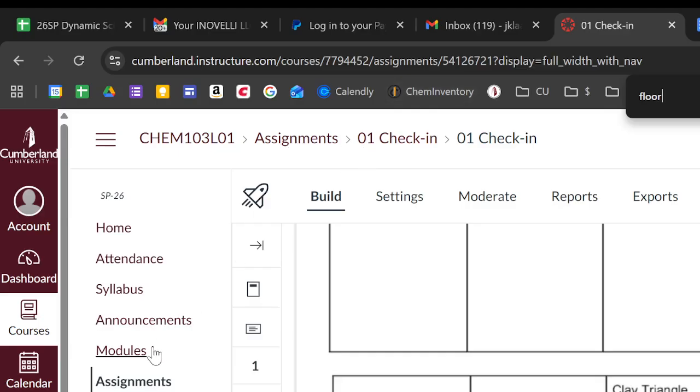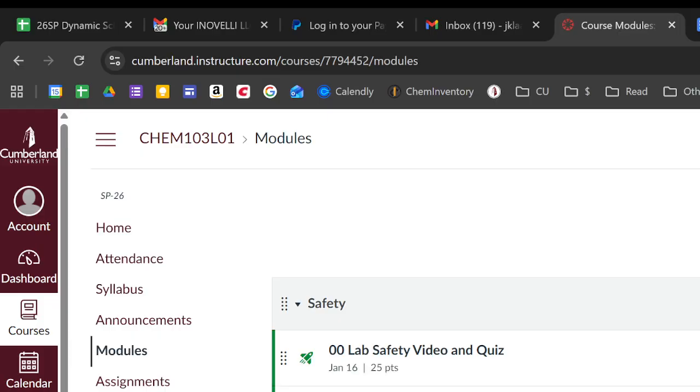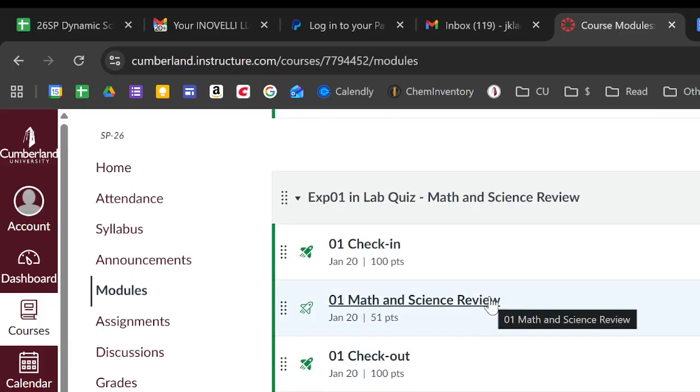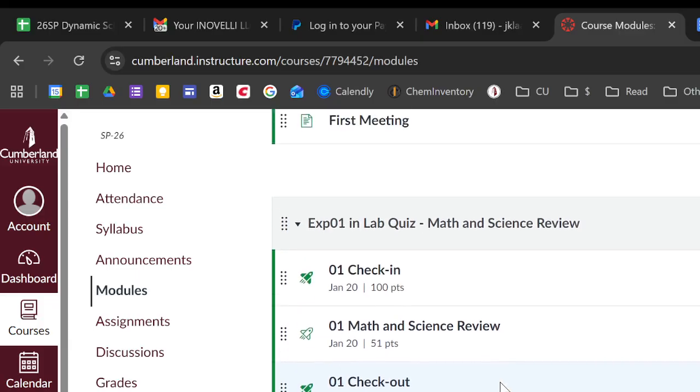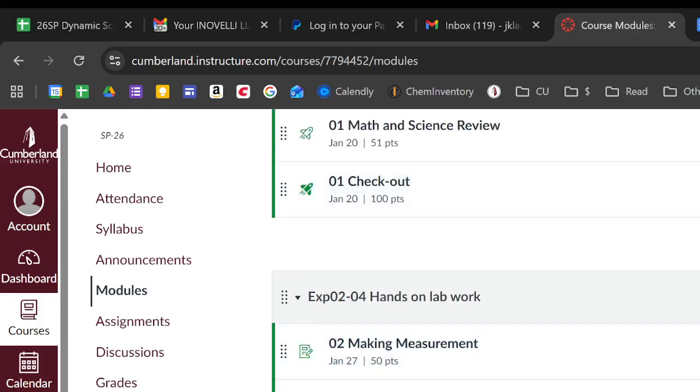So, again, we have the modules here. What you'll notice is, again, we have the math and science review. That's what we're going to be doing after we're done with the syllabus information. That's going to be a review that you do with the rest of your desk, and you can help each other out. This is the checkout. Whenever you're done, you're going to, again, just follow that procedure for checking out. You will notice it has a portion where you'll sweep, okay? If we sweep and we need a dustpan, there's a broom with a dustpan in there, okay? And I'll be ordering a broom with a dustpan for here as well. Okay. And every single lab will have something like that, right?